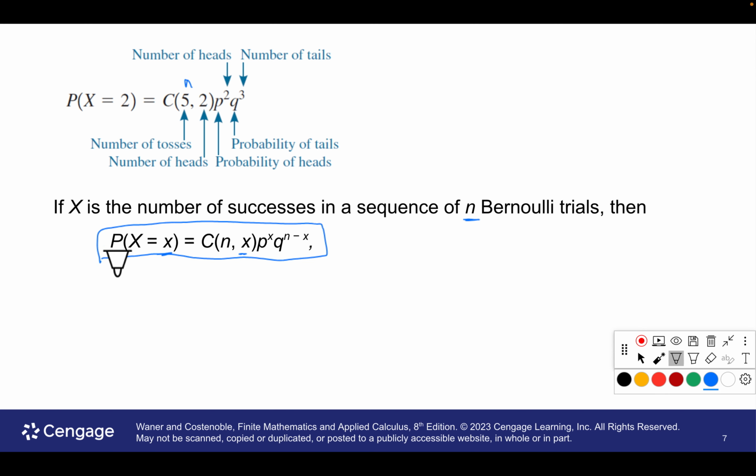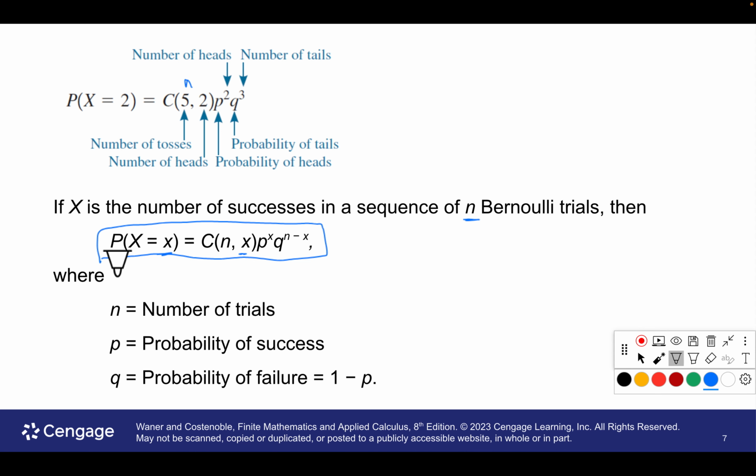For the most part, there's only, I think, 6 questions, maybe 7. There's not too many of them, but they'll give you the percentages of success, how many trials, how many successes they want. You plug it in, you're done. There's 5 of those questions. I think the last one's a word problem. I looked over it. You just have to pull out what they give you. Okay, and that's what's going on. N is the number of trials. P is the probability of success. Q is the probability of a failure.